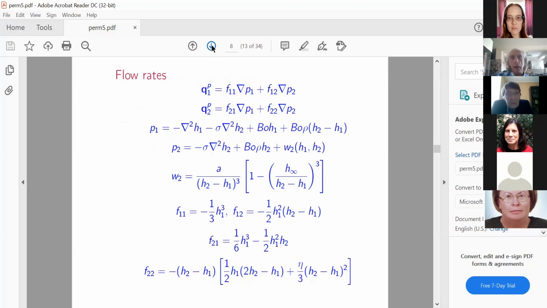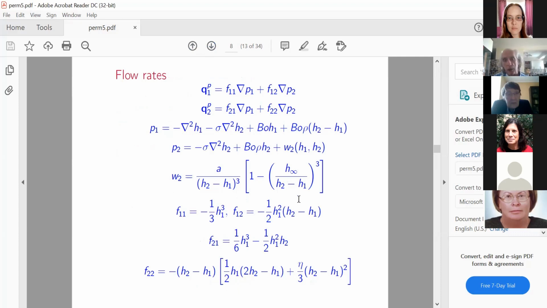These are our equations. The equations have been written. These are expressions for the flow rates, with some mobility coefficients and gradients of pressure. This is the part of the flow rates which is determined by pressures. Another part: the disjoining pressure is taken into account only in the precursor, only in the thin film.